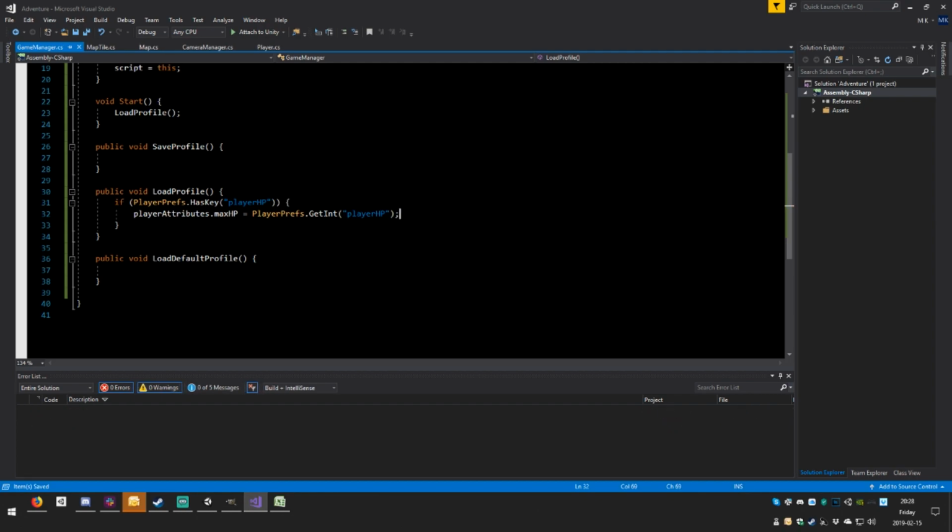Okay, so we're going to give these HP from the save file. Obviously we're also going to have to save this. Now, the problem is if any of these tests fails, we need to go to load default profile. So, hit else,